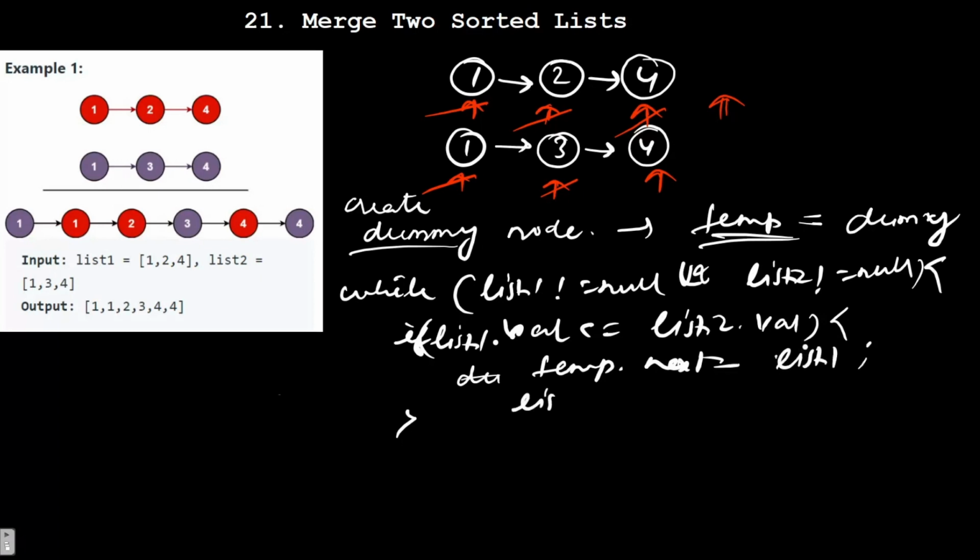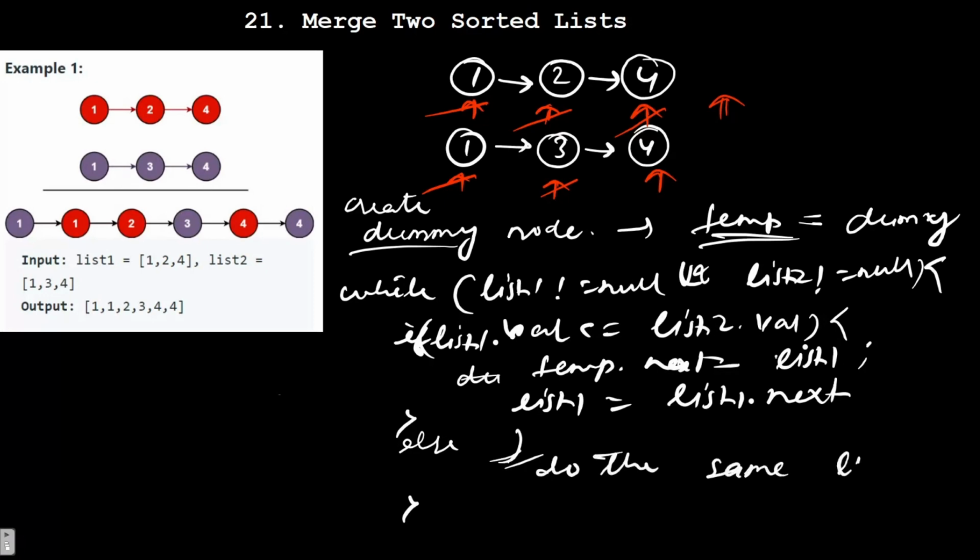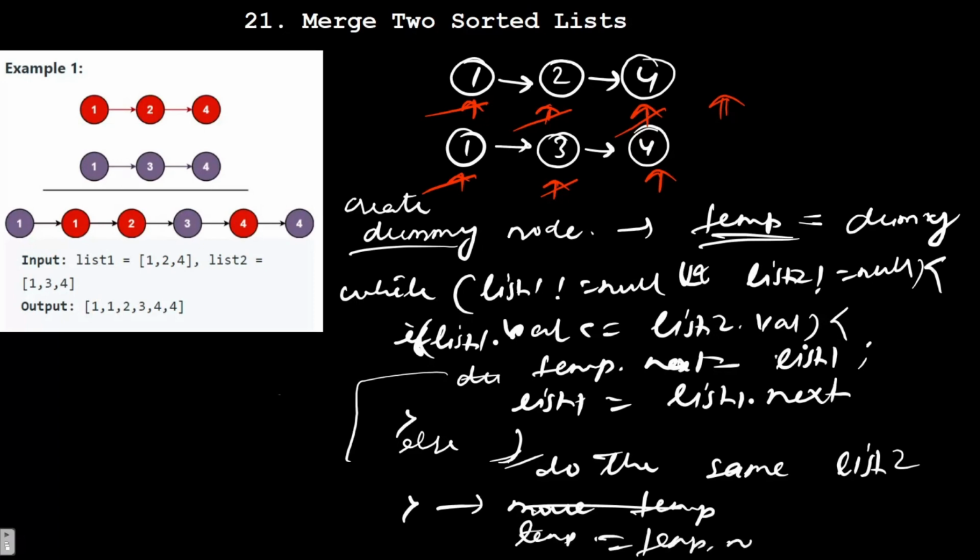and then we have to move our list1 one step forward. Okay, in else part we will be doing the same for list2, and then as we are appending the value, then we have to move our temp one step forward. So for that we will be doing temp equal to temp dot next. Okay,